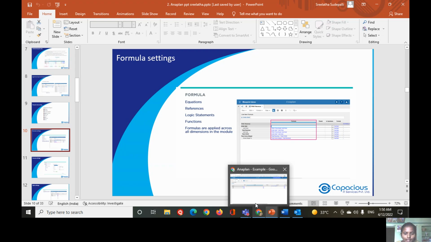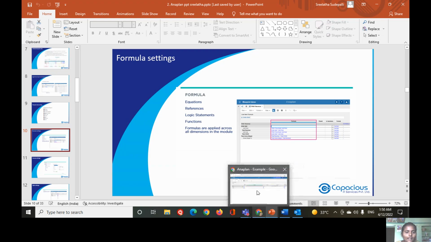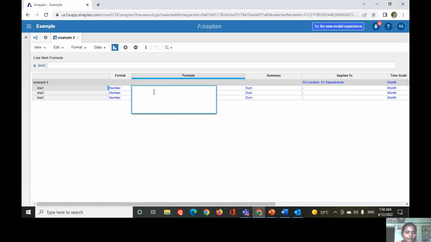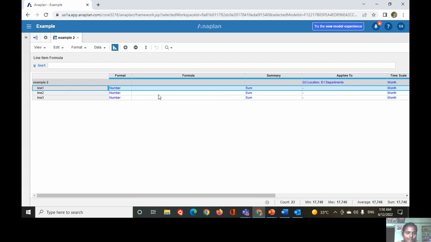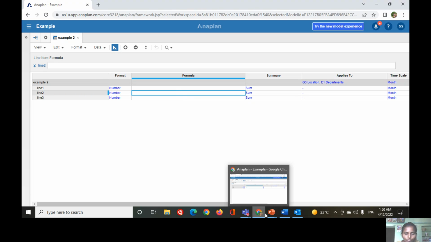And this I will show in the workspace. This is a formula bar, and we can write the formula in this for the line item. For each and every line item, we can write the formulas, or we can import the data. And then I will go to